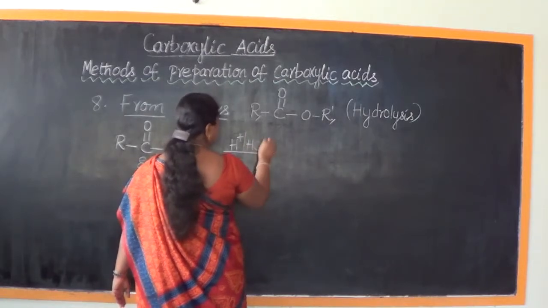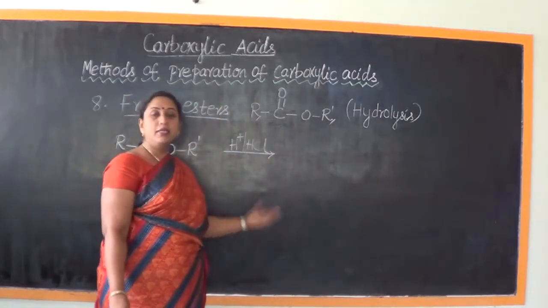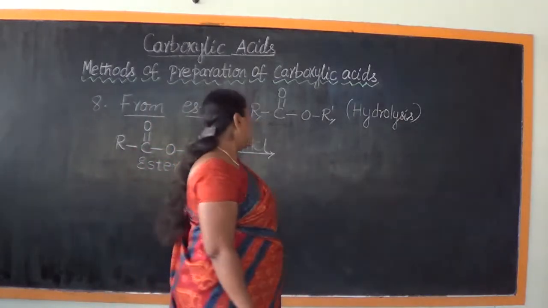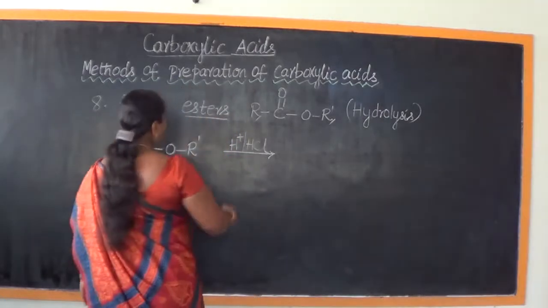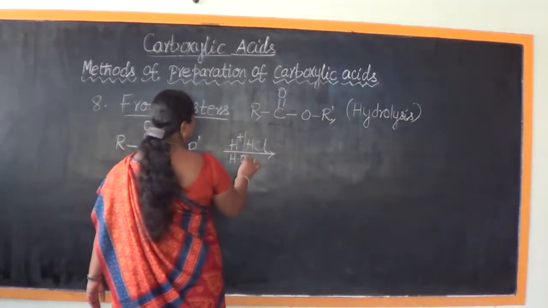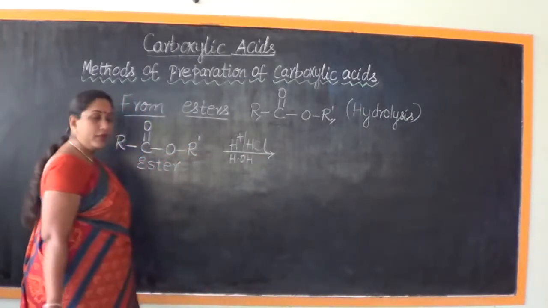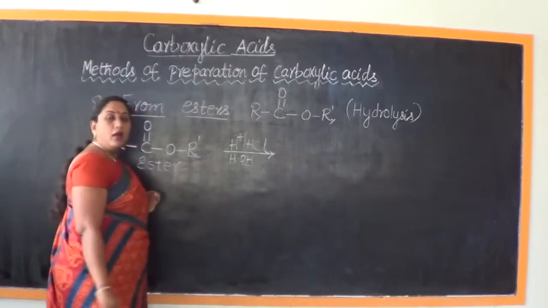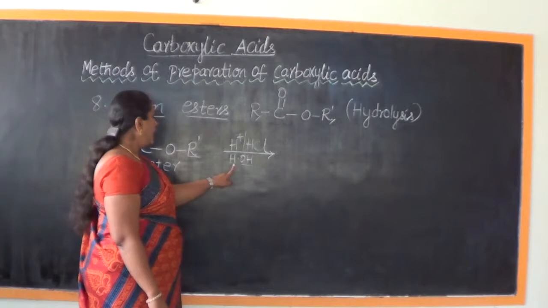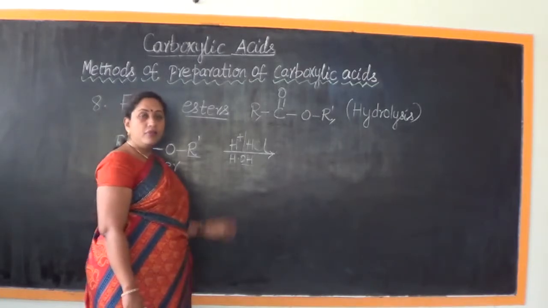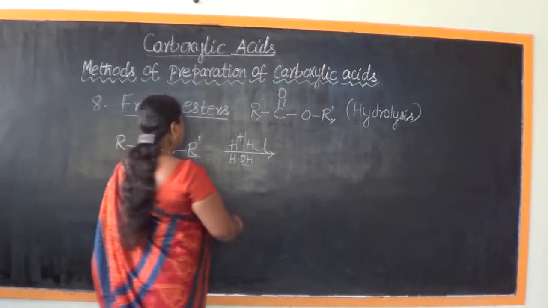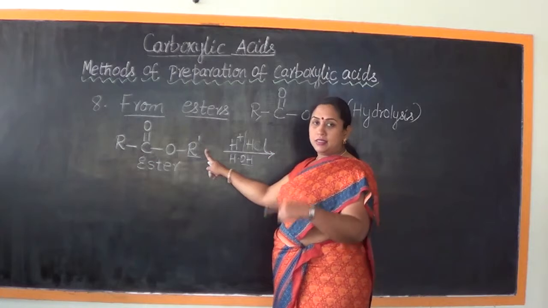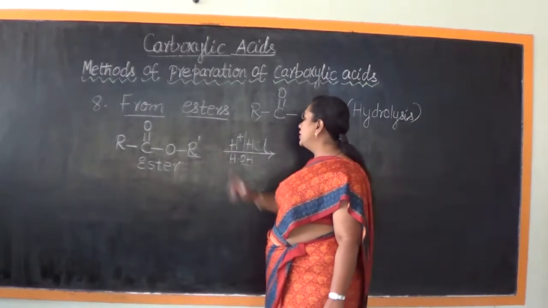In the previous video lesson, we have learned the different representations that we can use for denoting the process of acid hydrolysis. Now, what will happen? HOH. So, what is the product that we are going to get? This R dash will combine with OH and forms the alcohol. The H will take the place of R, forming RCOOH. So, either you can write HOH here, or else you can add plus and then put an H2O or HOH.